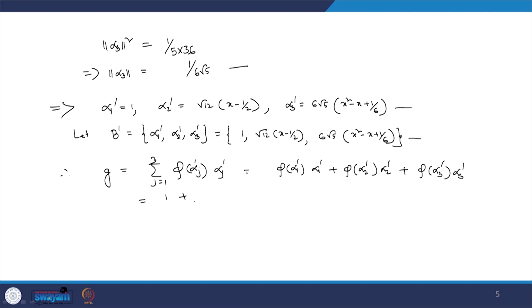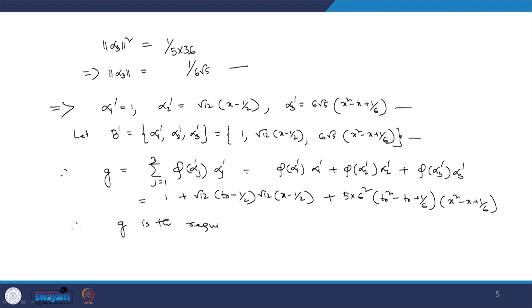So at the value t naught, it will be root 12 into t naught minus 1 by 2, and that function, alpha 2 prime, is again root 12 into x minus 1 by 2, plus, in exactly the same way, root 5 into 6, so 5 into 6 squared, into t naught squared minus t naught plus 1 by 6, into x squared minus x plus 1 by 6, and g is the